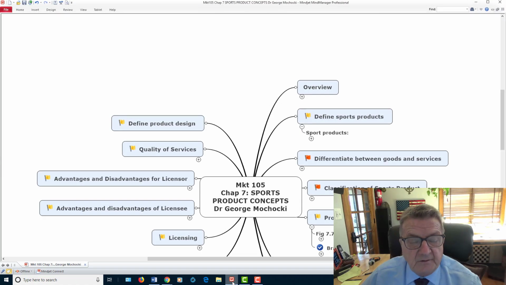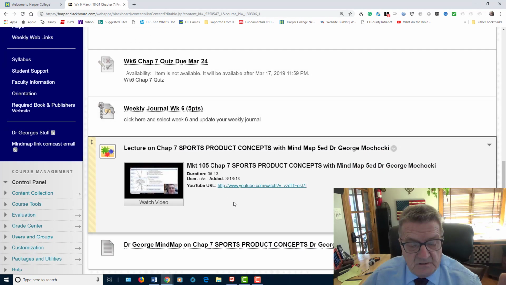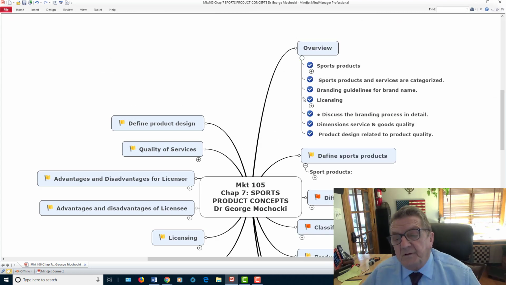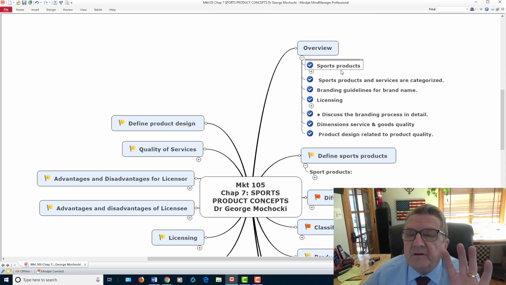The only thing I want to do, I'm going to click on the concept maps. Remember, you always got my concept map. It's right here, my mind maps. I already got it open. So, on the overview, it says that we're going to talk about products. And remember, look at the product. Because, does it have a brand name? Is it a generic? Is it custom made? Anything you want. Remember, and it's something that